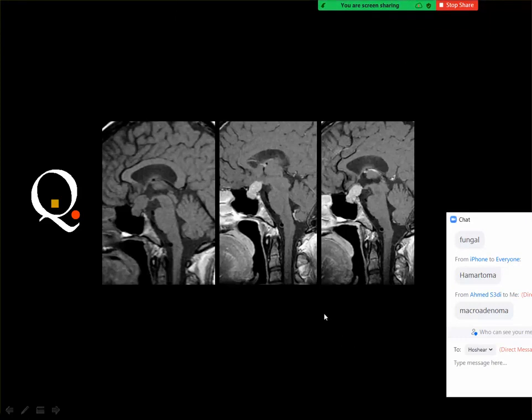And one of the best diagnostic imaging clues is this constriction at the middle of the lesion, which represents the junction between the stalk and the gland. And this differentiates this particular lesion from the microadenoma. This is not a macroadenoma, but